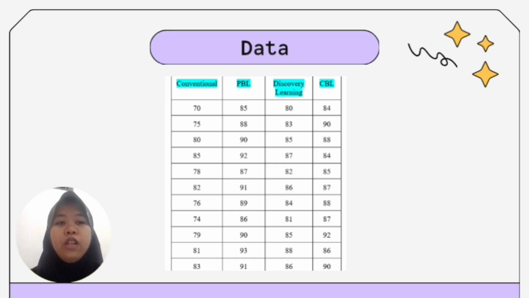This time, we will use a case example from a study of probability test scores resulting from providing learning models to each grade of students. 4 different samples have been selected with 11 students each. The probability test score of each class will be measured, namely class 8A with the conventional model, 8B with the PBL model, 8C with the discovery learning model, and 8D with the CBL model. A comparative test will be conducted on the differences in the test scores of the 4 classes and which model is the best to implement, so the data can be seen in the table.